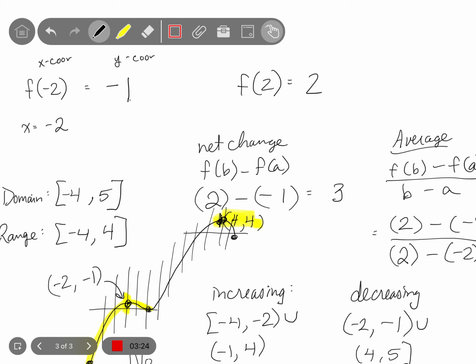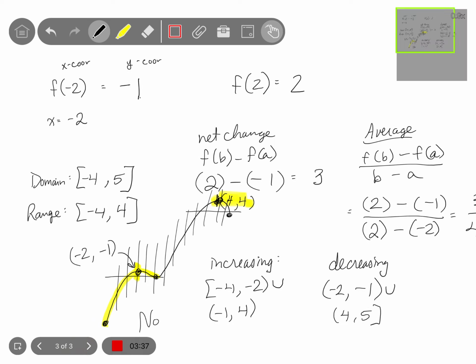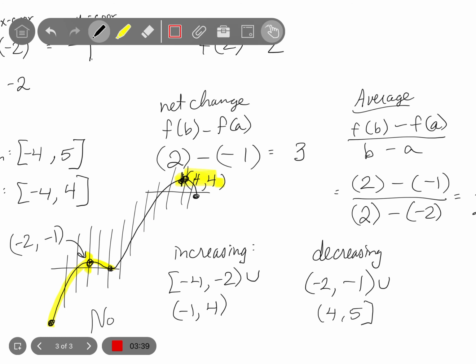The second one, when it says f of 2, you go over 2 to the right, whereas the y coordinate is up 2, and that's how you'd find that one. Then I'm not sure which order it went in again, but the net change for those